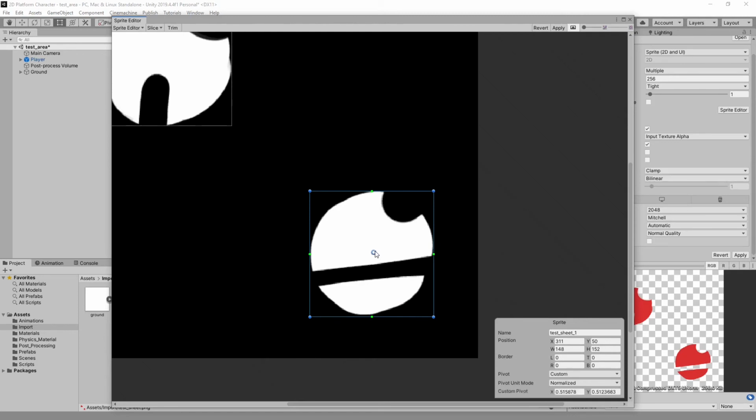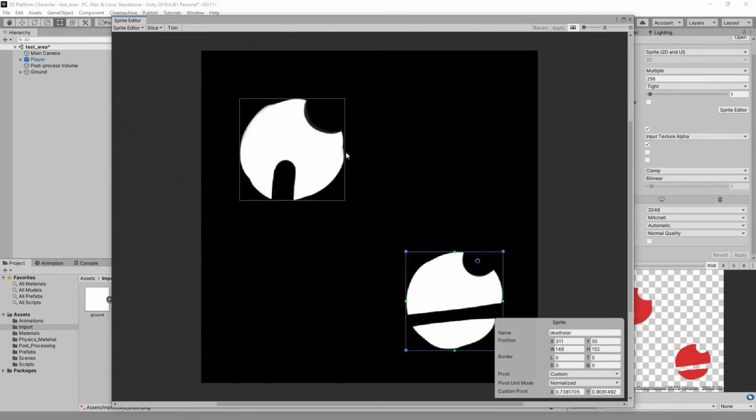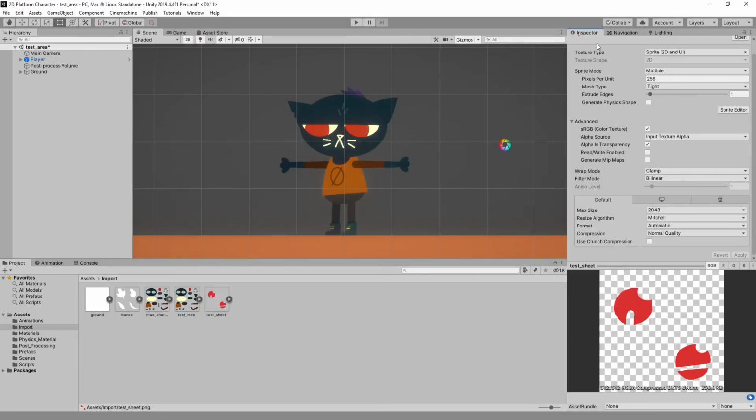Then we could set the pivot point. Let's say I want this to pivot from this Death Star opening up here, and then we'll just call it Death Star. Why not? And you always have to hit apply before you exit this window, otherwise your edits won't be saved. So we hit apply. This one will take on the name of the sprite and then give it a number. So it's called test sheet 0. And that's what all of your sprites will be named: 0, 1, 2, 3, 4, etc., unless you give them a name. Okay. So I'm going to exit that, and now we should be able to see here is our